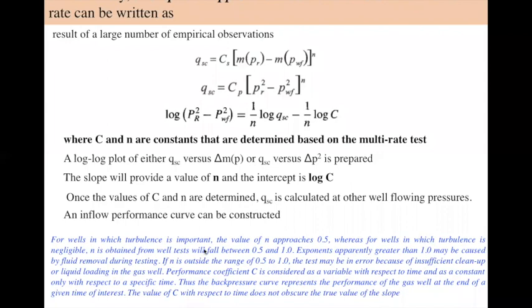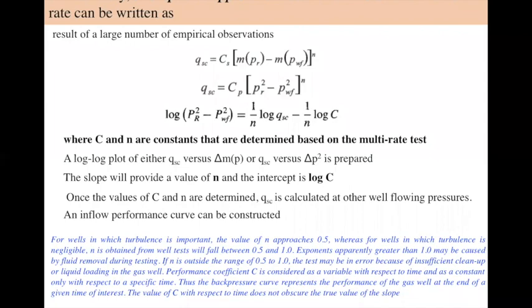Now you see I have written something for the value of n, where this n value should lie between 0.5 and 1, right? There is a given effect which happens below 0.5 and above 1. So read this text in blue, right? This is for reference and this can be asked in any test like GATE or something. You may be aware of this because this is not given in most of the texts.